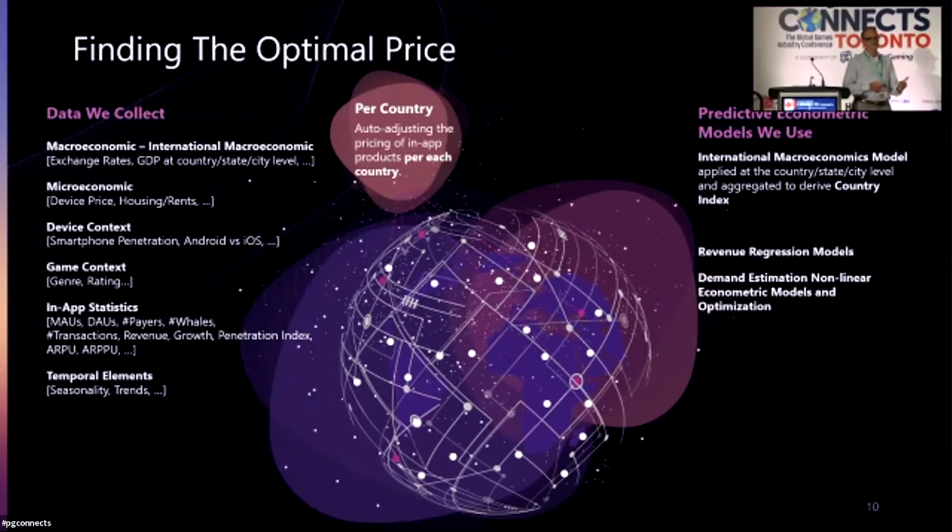The key point here, a caution we get asked about too, is that you don't change price and then look at it the next day to see if it's working. It's not enough time. When you're measuring impact, you want to look at ARPU on a country level. And let's face it, you're talking about a small number of payers per country, so to get enough data to have a measurable impact, you need to let some time pass. So you need to be patient, right? In our case, we'll make monthly price adjustments.